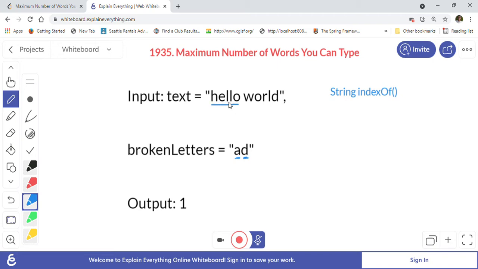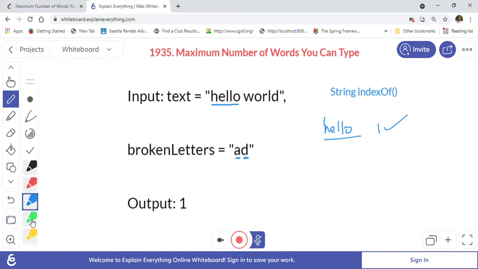Both are not present, so we will say that the word hello we can type with our broken keyboard, because it does not have any broken keys. So we will count it as one.